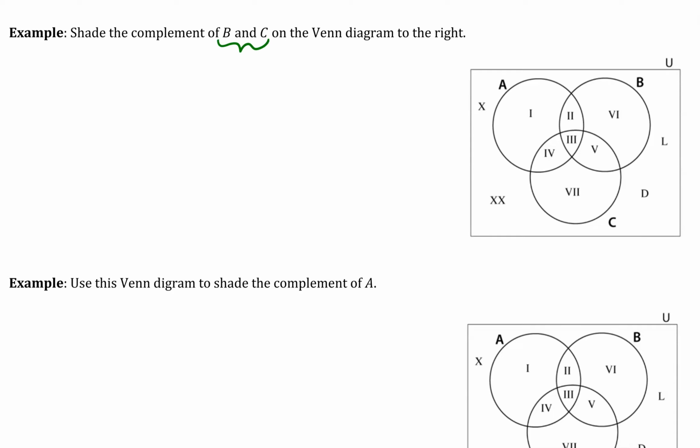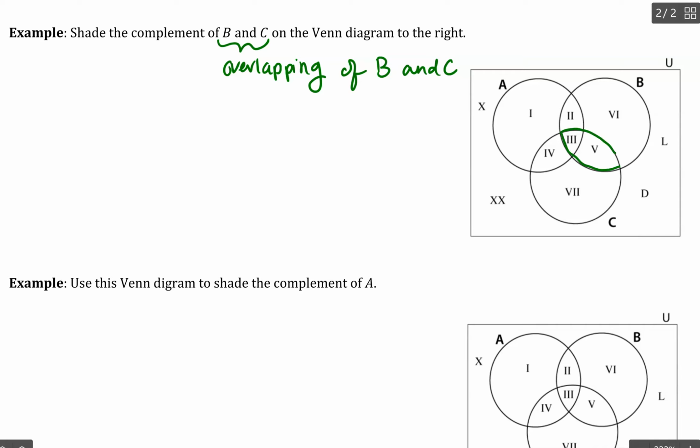So that means we first need to know where on this Venn diagram is B and C. So that's the intersection of B and C. So where do B and C overlap? Okay, so we go to our Venn diagram and I look for the set B and the set C, and then I see where their two circles overlap, and I see it's right here in this little segment. So I'm going to outline that